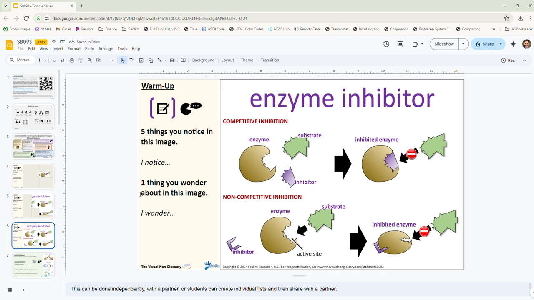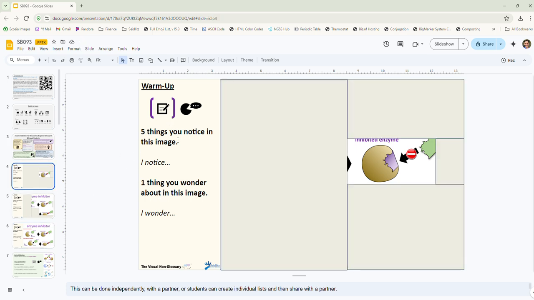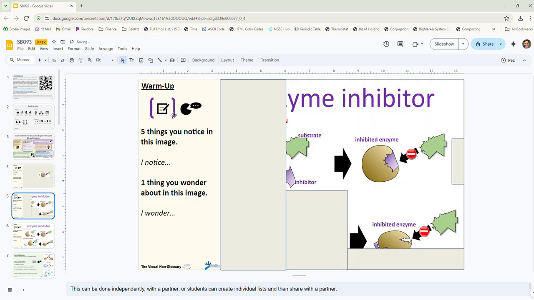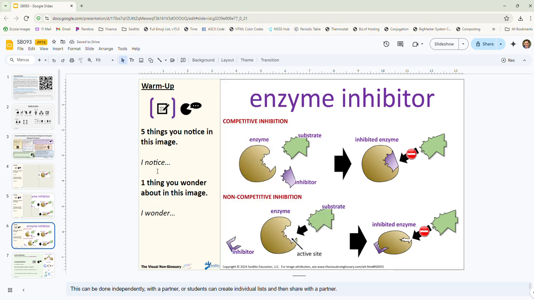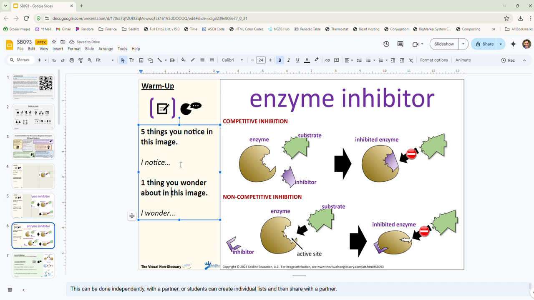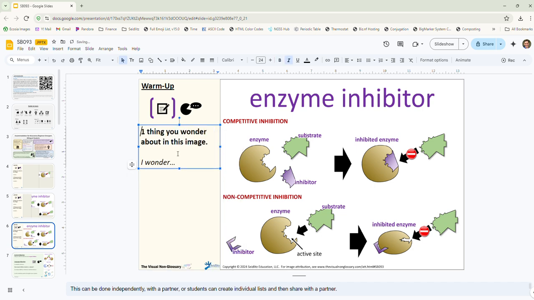On the side here, we see what do you notice and what do you wonder. You can obviously edit this text, and maybe we'll just have the students sharing that with their partner. The first two times I do this, I like to ask the same questions. What do you notice and what do you wonder? But the last time, I'm going to cut out this what do you notice text,